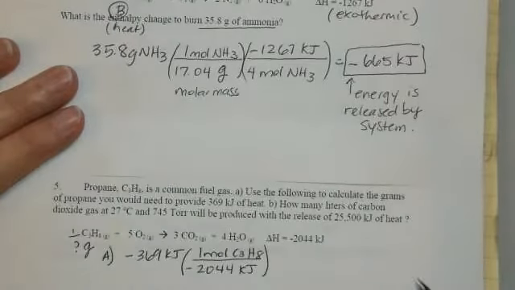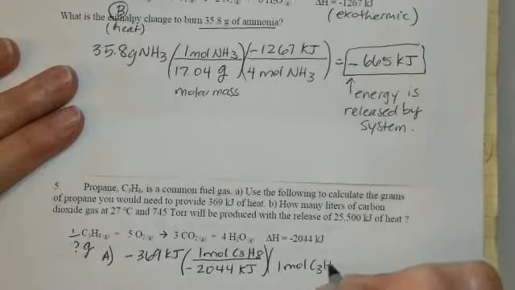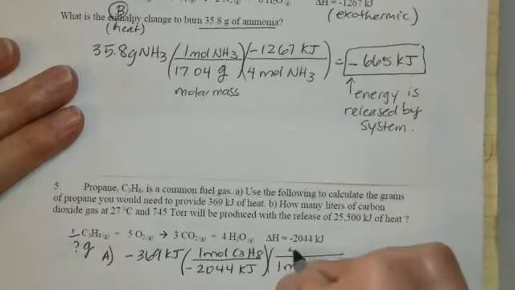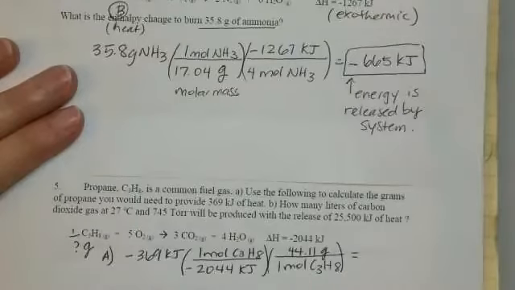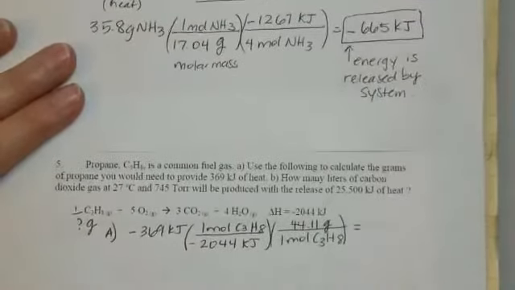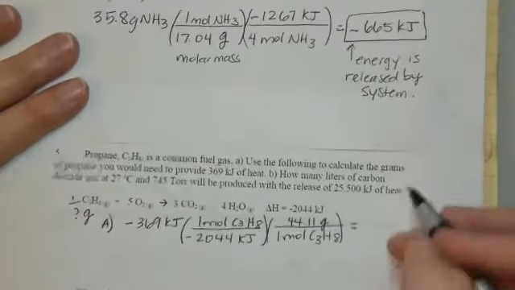And then, like we know, if we're trying to get to grams, to get rid of moles and go to grams, we need the molar mass. So if I go to my periodic table and add 3 carbons and 8 hydrogens, I get 44.11. So if I take my 369 divided by the 2044 and then multiply by 44.11, I would need